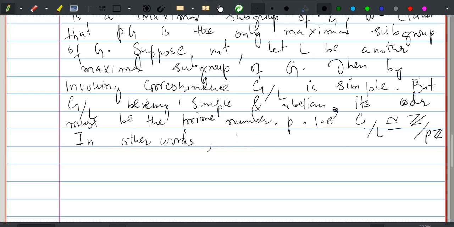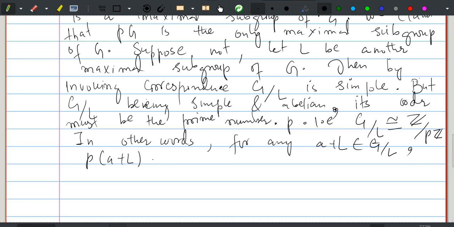In other words, let us take any element here. For any A plus L in G mod L, its order must be P, because G mod L has order P. So P times (A plus L), which is equal to the identity of this group, that is L. So PA plus L is equal to L, that is PA is in L,